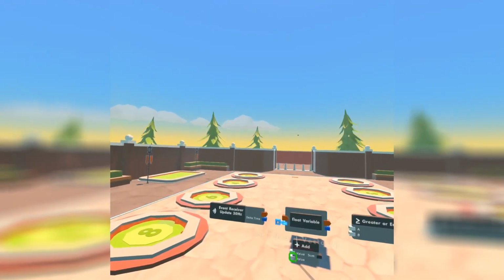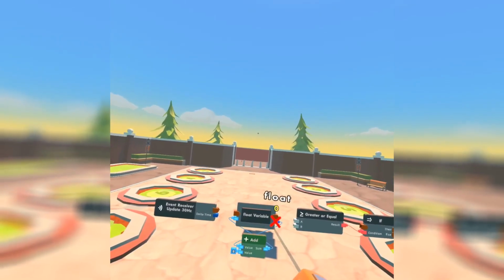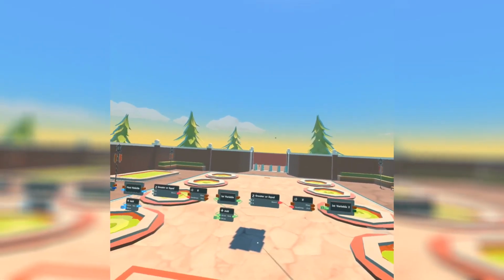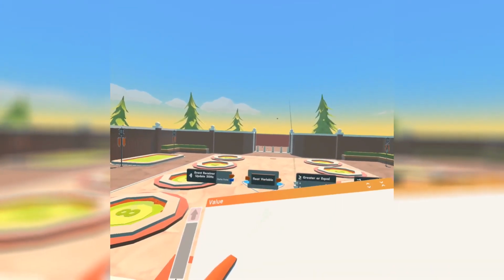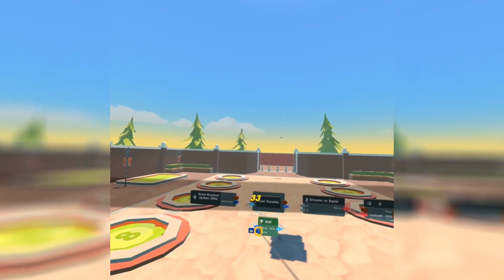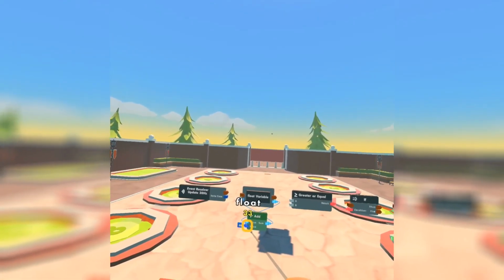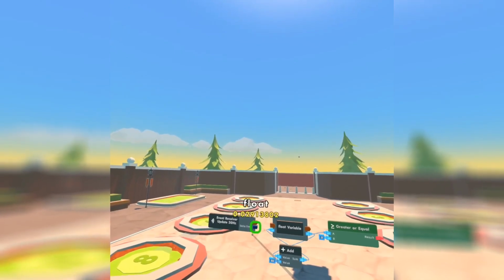Anyway, we are going to go ahead and connect these together like this, all of them. And we are going to have this go up by 33 every time. Now, the reason I chose 33 is because since this updates,